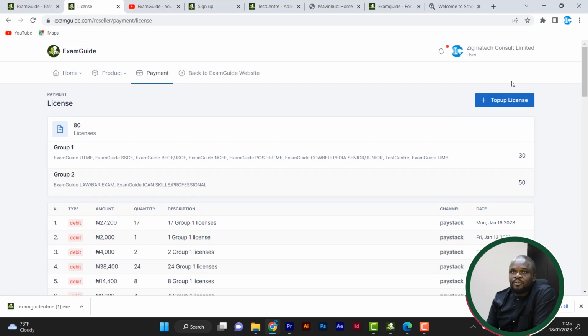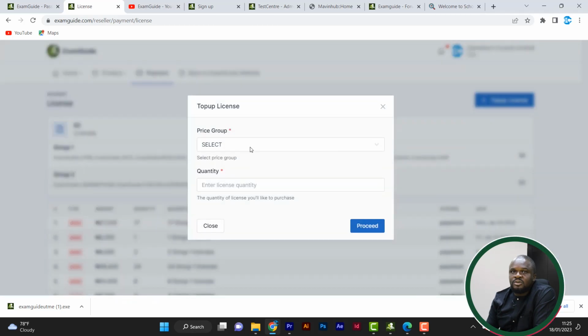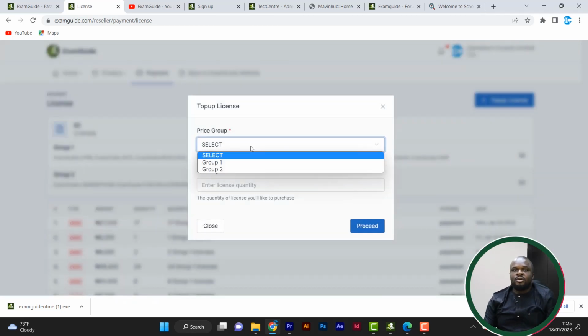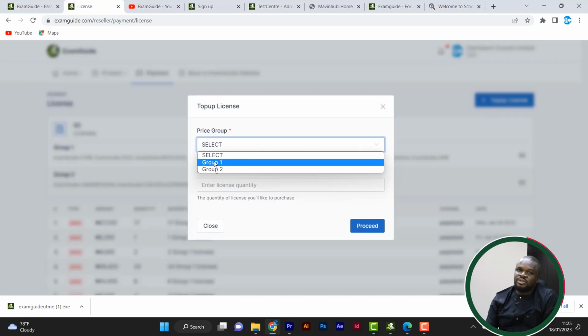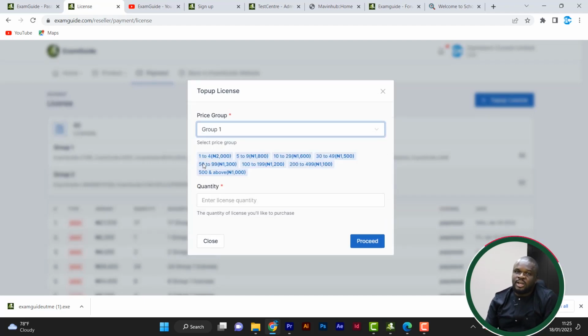Let's say you come to payment now and top up license. It asks for price group. If you're buying a product under price group 1, that is, if let's say it's UTME you want to buy, it's group 1. So look at the prices, still that price list that came from the become a reseller page. 1 to 4 is at 2,000, 5 to 9 is at 1,800, 10 to